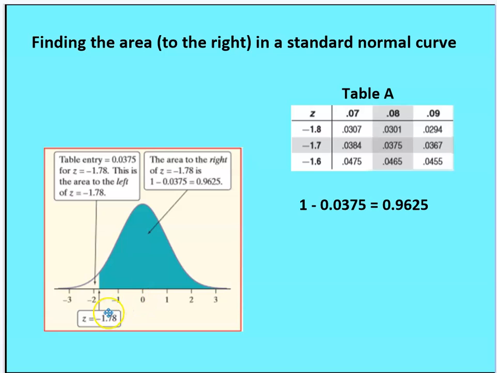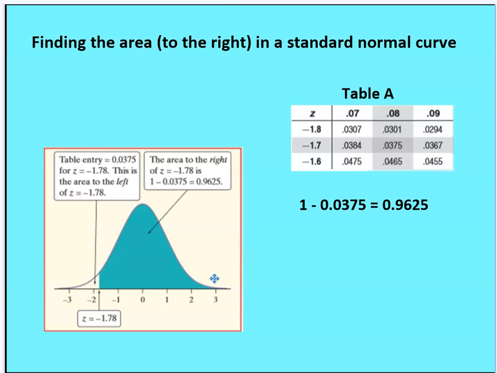Using my table, -1.78 for the z-score gives me a value of 0.0375, which means 3.75% of the data is going to lie to the left of a z-score of -1.78, which means to the right is going to be 1 minus 0.0375, and that's equal to 0.9625, or 96.25% of the area of the curve, or the represented data, is going to fall to the right of a